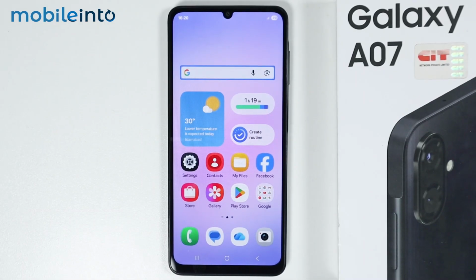Hey, what's up guys? So in this video, we will see how to turn off talkback on the Samsung Galaxy